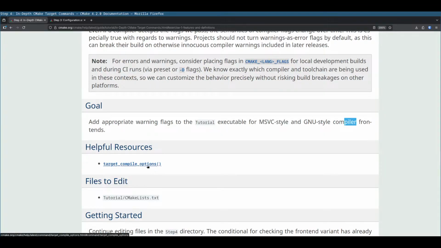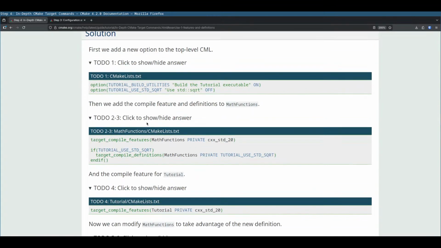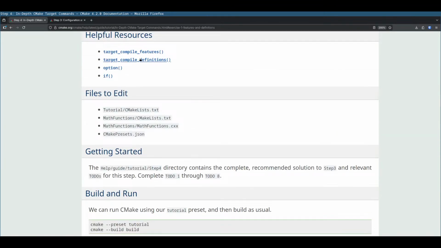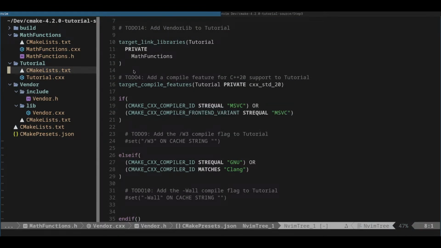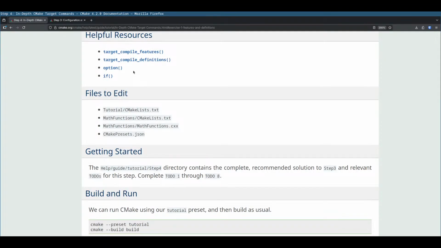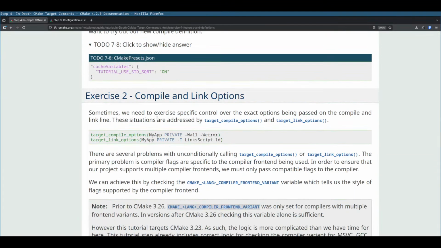Okay. Oh, target compile options. And what we used before, target compile features and definitions. And here, what they told me to do, the to do, this one. They told me to set these ones, and my instinct was to use option or set. But here, they actually give this new function,